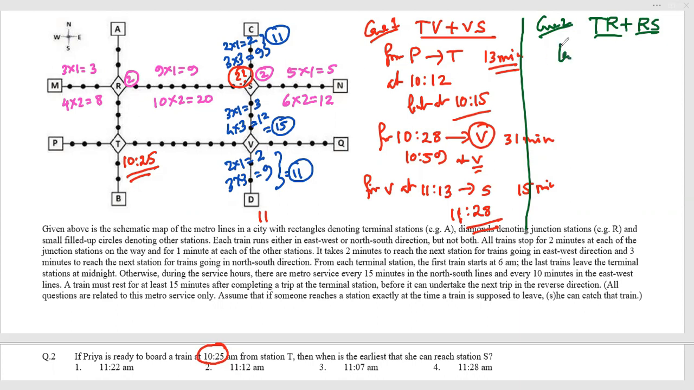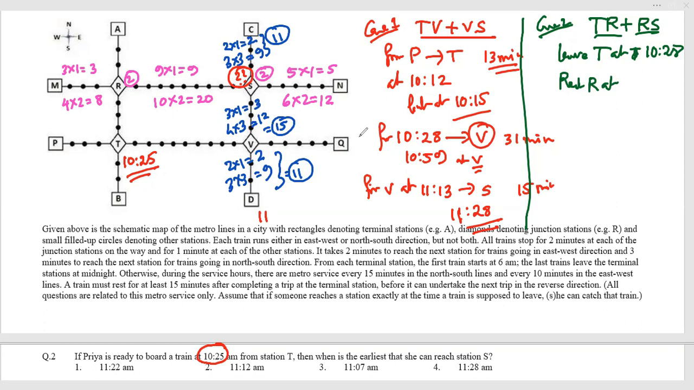So leave T at 10:28. That is possible because the person has already reached at 25. So at 28 it will leave, and it is reaching R at 28 plus 15 minutes, and leave after 2 minutes. That means can leave,